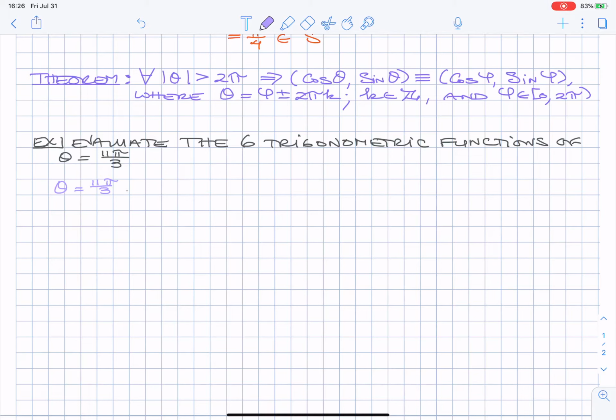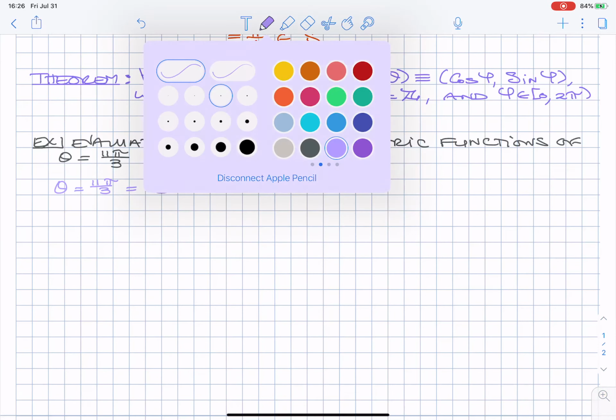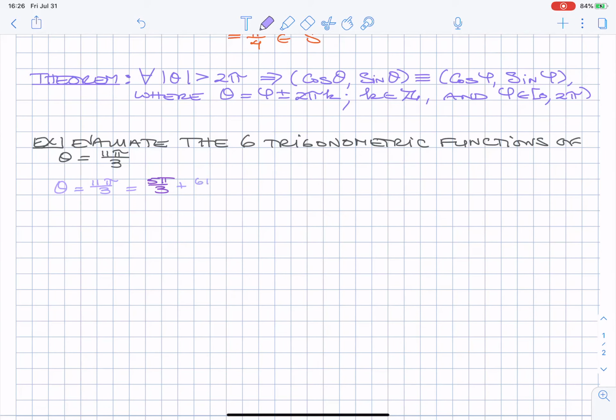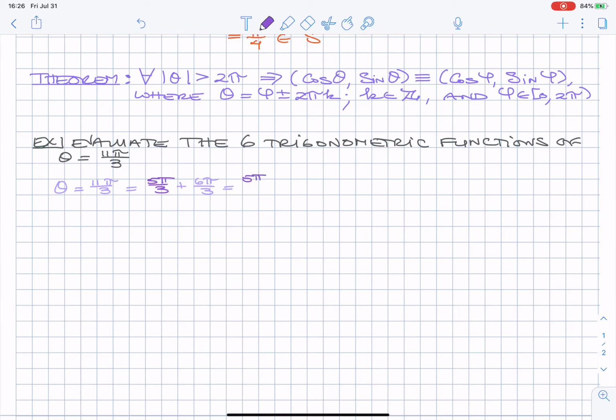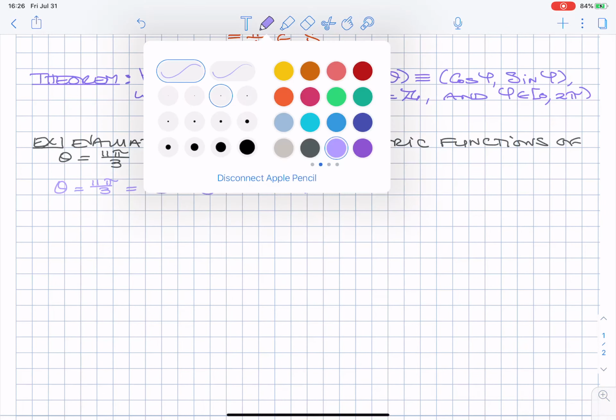So I'm going to write this as 5 pi over 3 plus 6 pi over 3. That's 11 pi over 3, right? But notice that 6 pi over 3 is 2 pi times 1, right? So that means that the phi